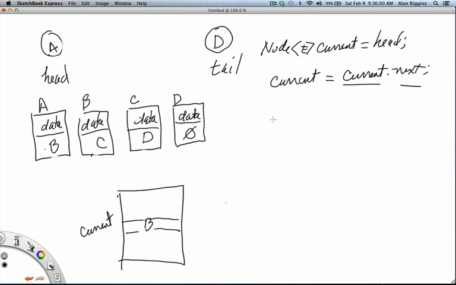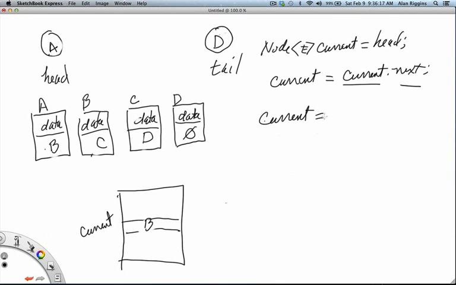All right, another important point. On the left-hand side, if you have head or tail or a dot operator with a reference to the list, you change it. Suppose I now say current